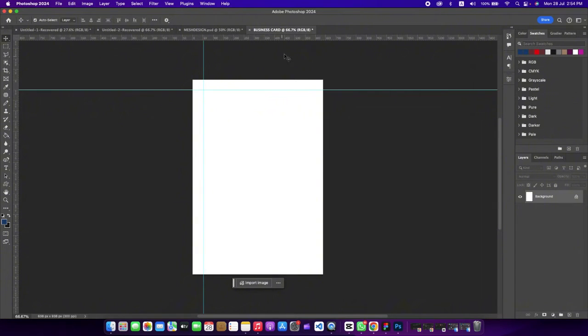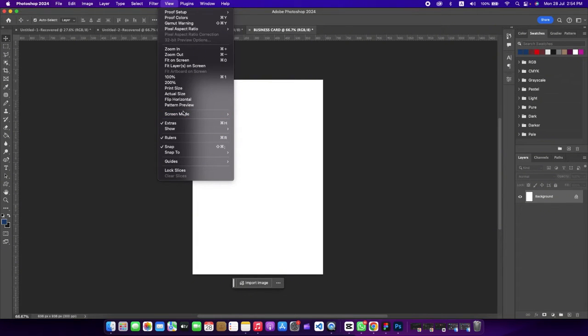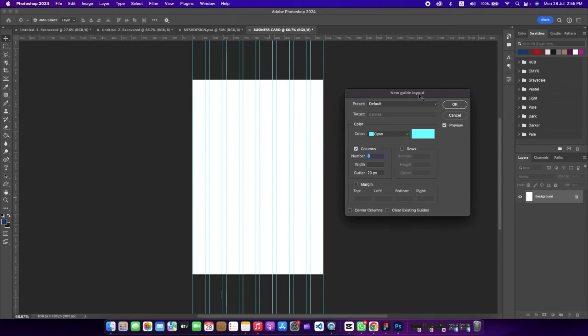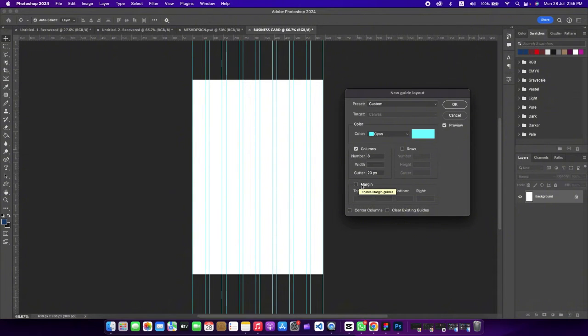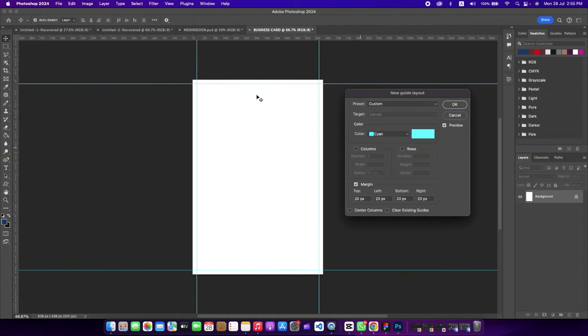This is your ruler. You can set your ruler manually, but for today's lesson, we'll not be setting it manually. We will be using a guideline and you can come to View on your menu bar, then select New Guide Layout. When you select New Guide Layout, you will see a page like this, but you turn off the column area, you turn off column and set margin,